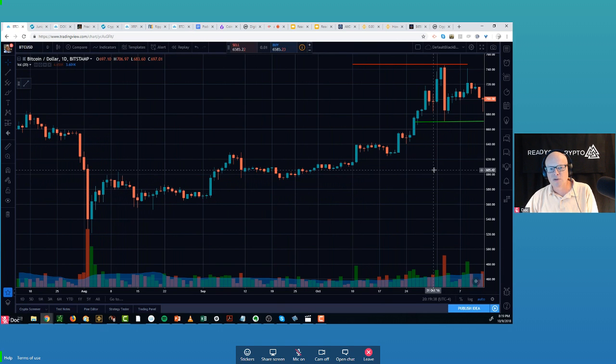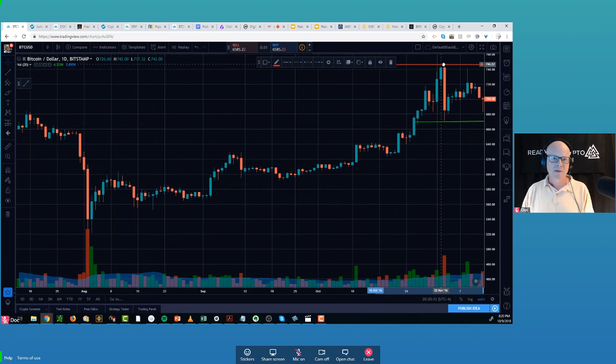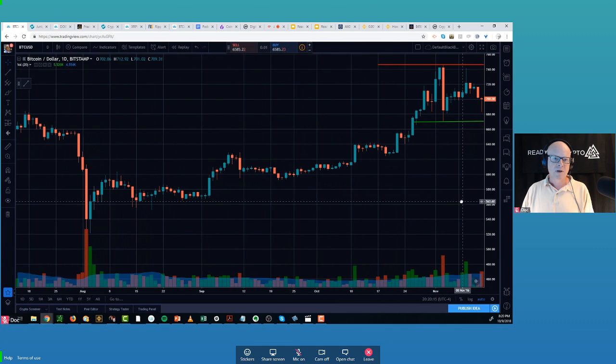Now, for this to reverse, and we'll get to this a little later, this is what you always have to be asking yourself. If the price puts in a lower high here and then plunges through and makes a new lower low, then don't we have a change in polarity to the downside? Yes, we do. So I do not know what's happening on the right side of the chart. This is the game that you have to play. You have to move this along. Okay, so let's keep moving this guy along here, and let's see what happens.